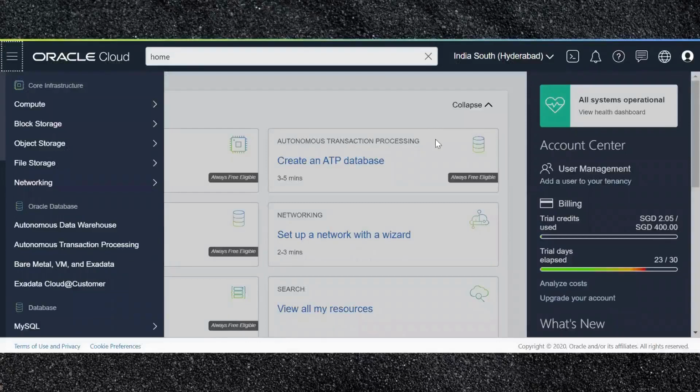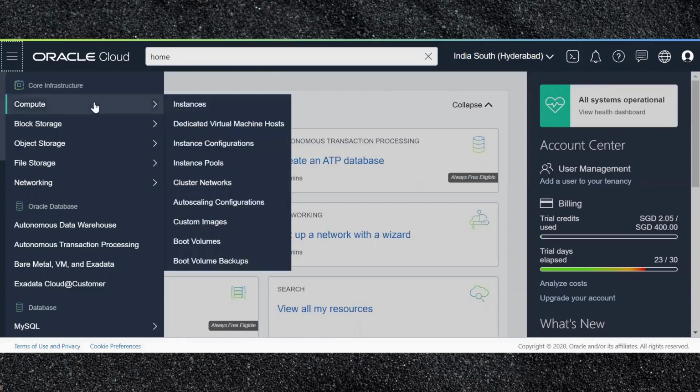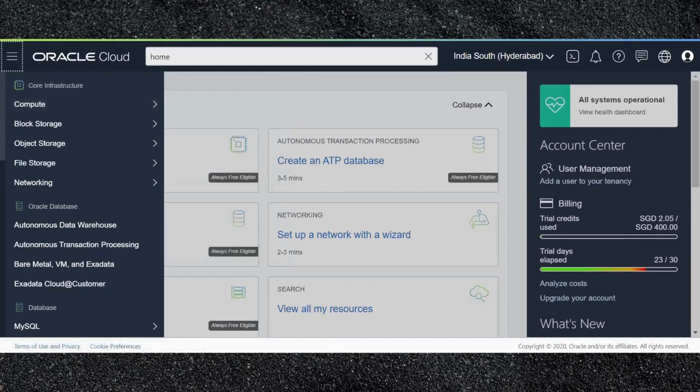So welcome back to today's session on OCI, Oracle Cloud Infrastructure, compute instances and attaching block volumes. Today we are going to discuss the compute instances, how to create them and how to attach a block volume. First of all, we need to open the Cloud Console. Here I'm using a trial version of OCI. I have opened the Cloud Console and just logged into it.